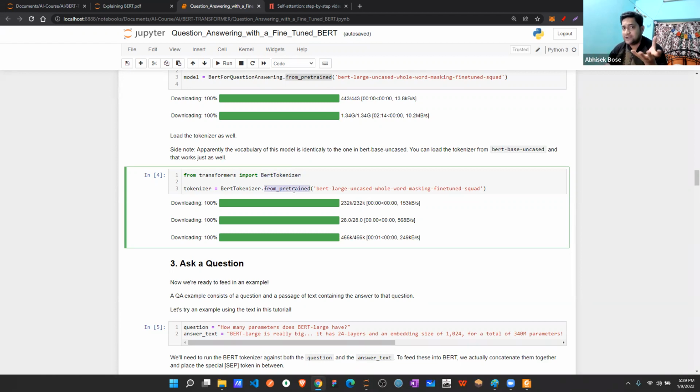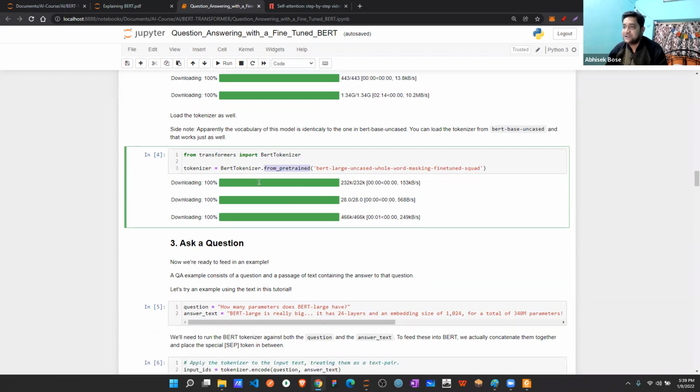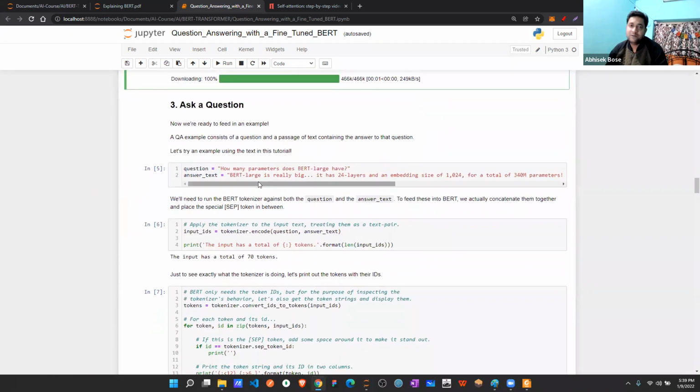So that with their token, your English to vector, that token, they can match easily. So once these two are done, then we are ready. We saw so many complex things, correct? But these things are already available in the market. You no need to worry about anything. Just download and use. Simple.